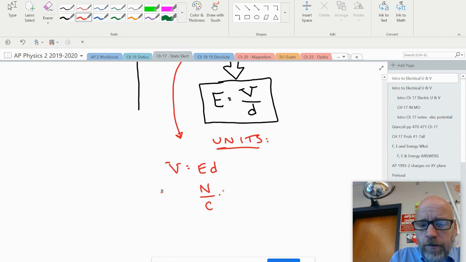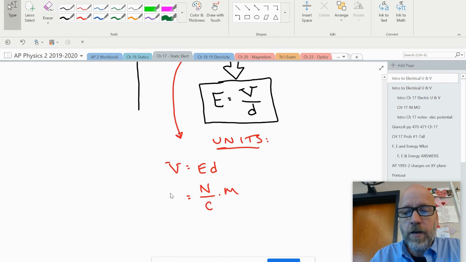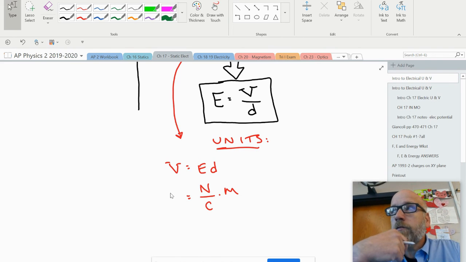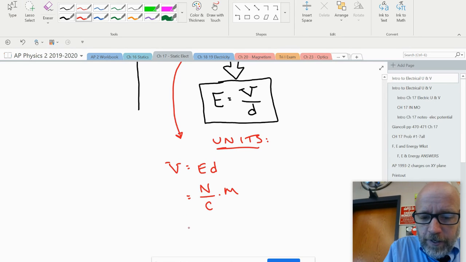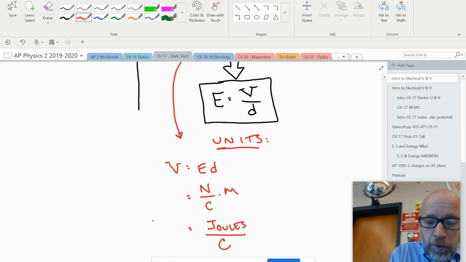Distance is measured in meters, so newton meters. Now, who knows what a newton meter is equal to? Force times distance is work. Work is a measurement of energy. Energy is measured in joules. So joules per coulomb